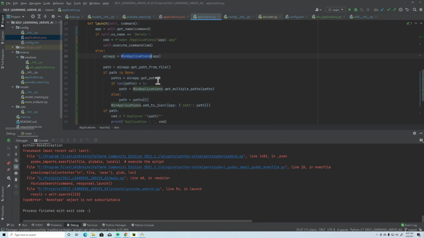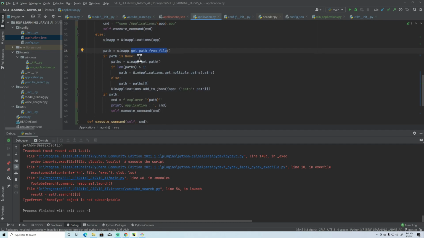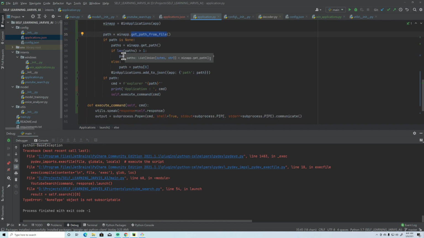So for this I have created this win application class, and in this class I have created this get path from file, right? So if anything is already installed or already opened by us, it is going to be registered in this application.json file. And if we find anything already opened, that path will be looked up in that particular file. If any path is not found in this JSON file, then it will look in our directory, right? So first I have created this get path method, where it will return the paths